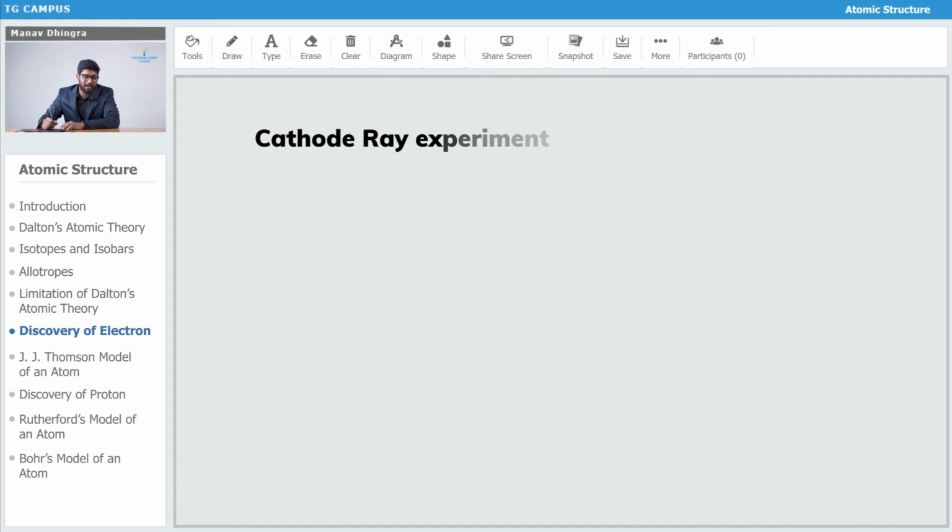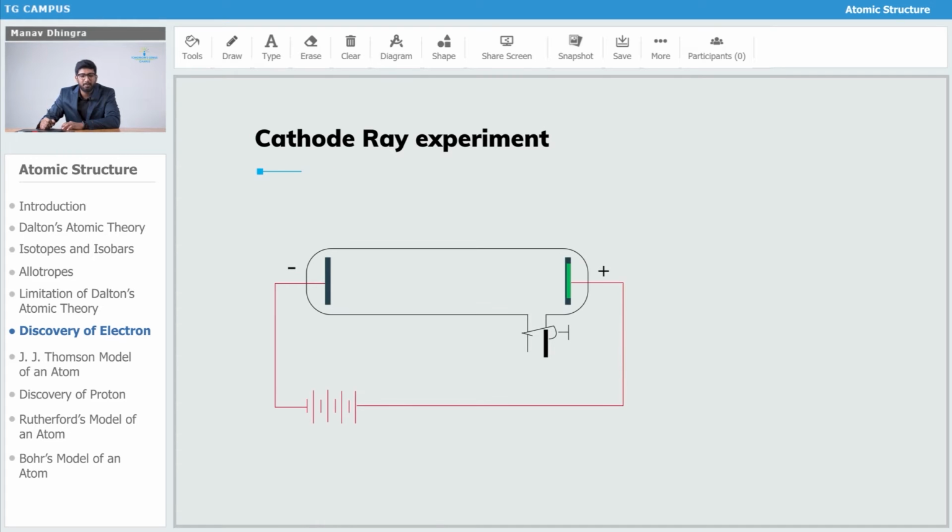I'll give you a detail about the experimental setup. This is how the experimental setup looked. There is a glass discharge tube, which is blue in color right now, and in that we have fitted a cathode and an anode, and the pressure inside the gas was kept very low. We'll study why we kept the pressure low. Also we had a vacuum pump and a very high voltage generator. This has a voltage of almost 10,000 electron volt, and